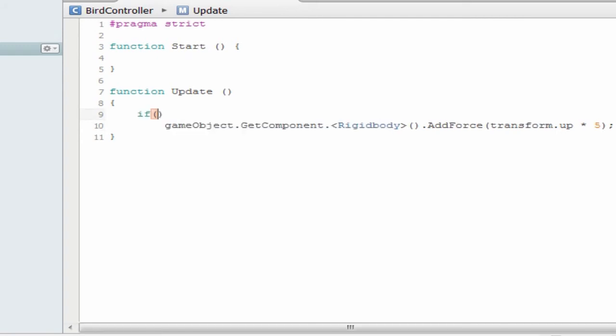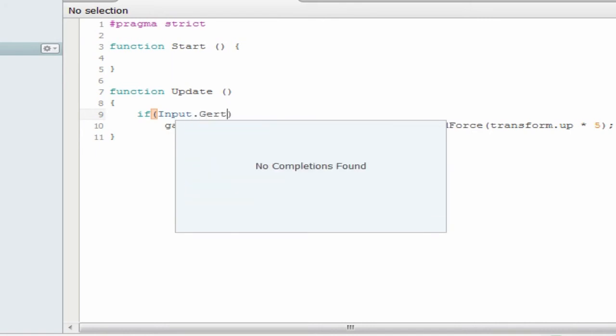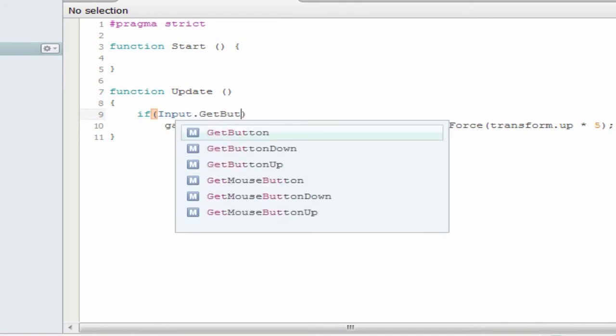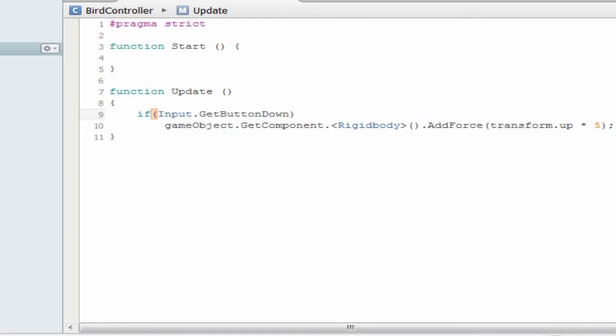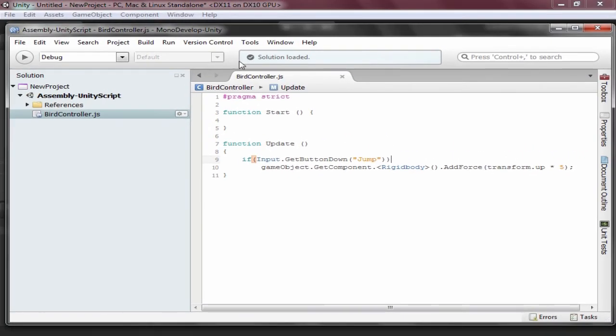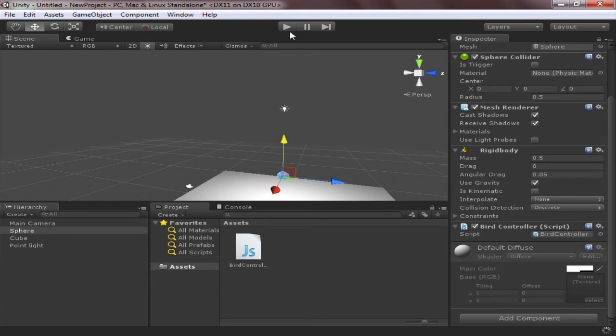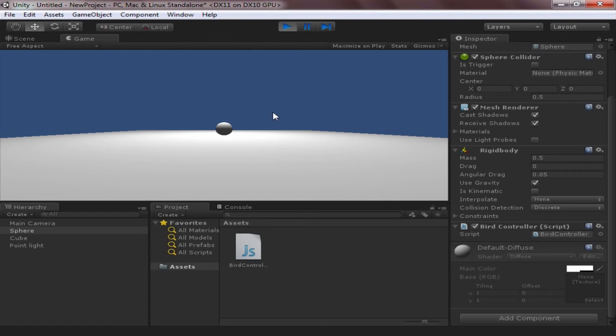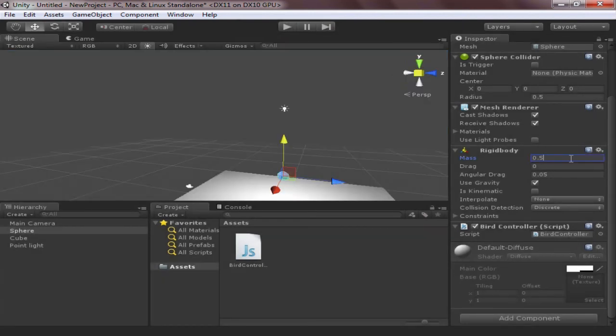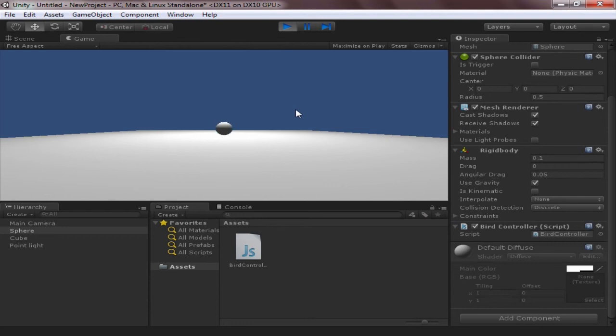If Input.GetButtonDown("Jump"). Well, in Unity 3D, Jump is used to refer to the space bar. Save it and go back to the editor. Now let's test the game. Not responding. We'll change the mass a bit more, 0.1 let's say. Well, it's working,